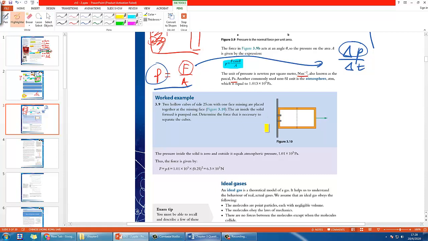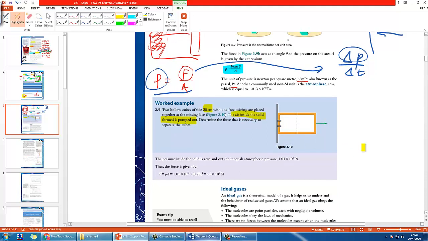Okay, so this one is simple, so I will just go through it with you. First of all, it says there's a hollow tube with the side of this, so some dimension we can use to help you calculate the area. One face is missing, and two are placed together at the missing face, and the air is pumped out, so no air inside. Determine the force necessary to separate the cubes. So this one is a very interesting or classic